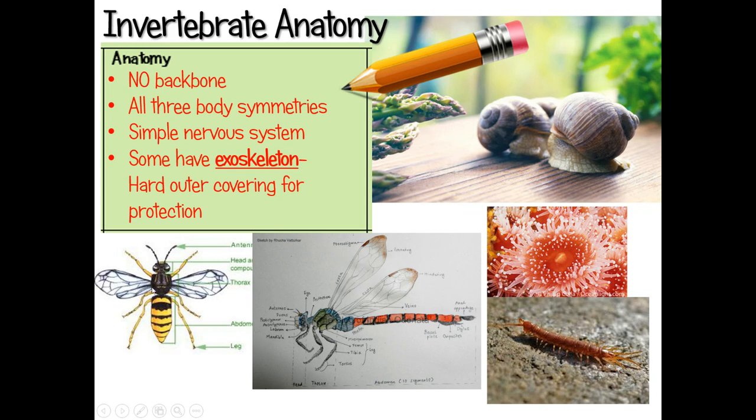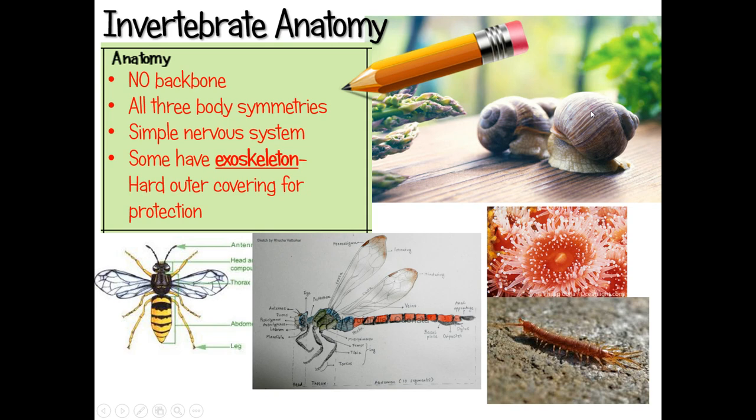So insects like the bee, this is a dragonfly, here's a centipede. These are all animals with exoskeletons. Another example of an exoskeleton is lobsters and crabs that you have to crack open when you eat them. That's a more serious exoskeleton. It's a lot harder than necessarily a bumblebee, but they're the same. That's an exoskeleton. That's different than a shell.